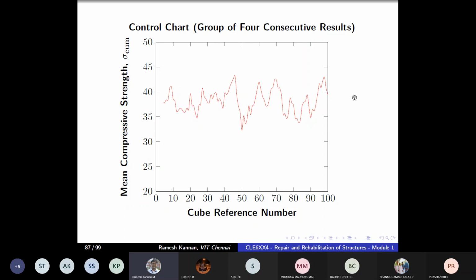Probably you can see trading charts. If you are very much interested in trading, then you probably gonna see this trading chart, or kind of an ECG. When you go to hospital, probably you can, if you have taken ECG, or from a civil engineering perspective, just like a seismic intensity chart, something like that.